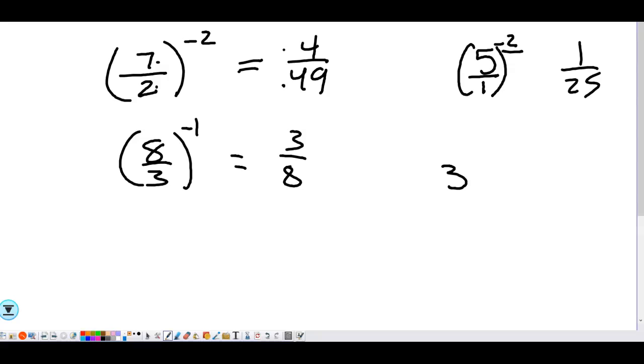Okay? What about if it's positive? Then you don't flip it. You still do the power, you just don't flip it. Like that's what we did last time. Let's do one more. What's that going to be? 3 to the negative 3. Put it 1 over 3. It's going to be 1 over